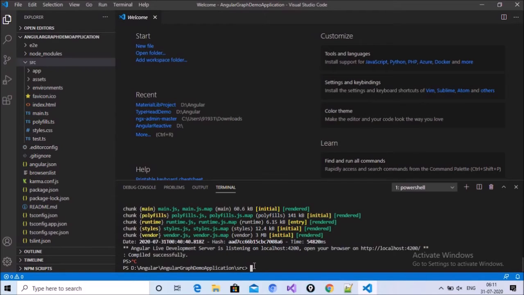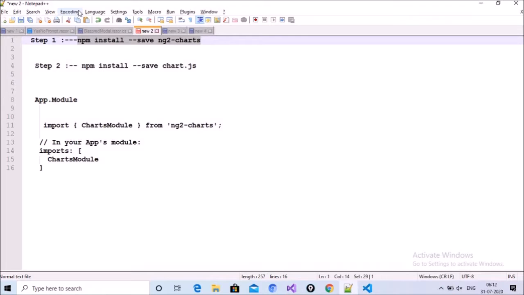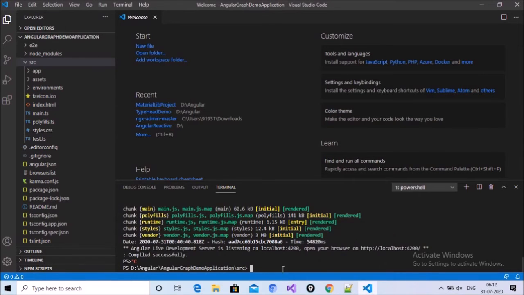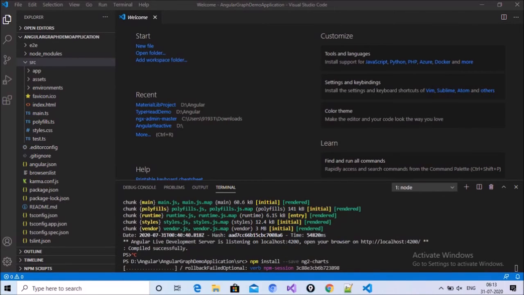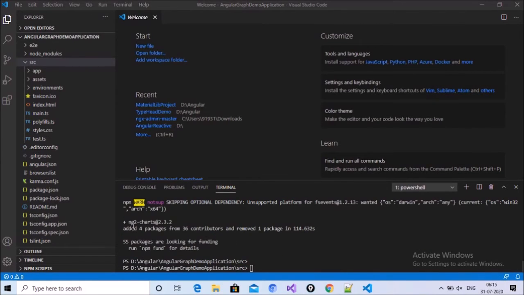First, we need to install some basic packages. The first one is npm install --save ng2-charts. Just copy this one, paste it here, and press enter. We can see that the ng2-charts package has been added successfully.